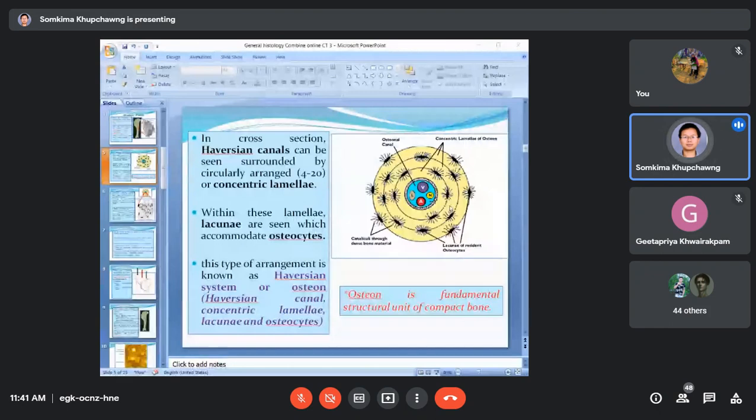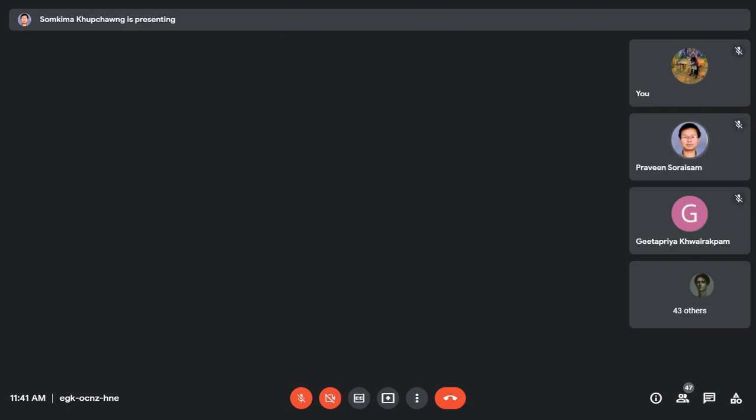In this schematic image, we are seeing one Haversian system. Along the length of the bone, many Haversian systems will be present, but now we are seeing only a single Haversian system. In the Haversian system, what structures are present first? The Haversian canal, and then the surrounding concentric lamellae, and then in the